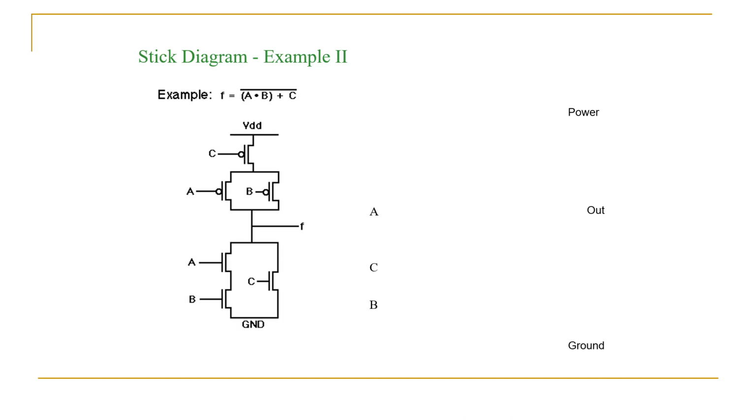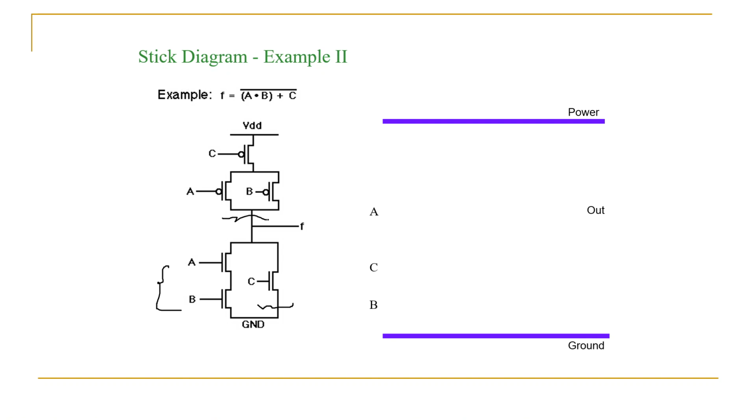Now another example is A dot B plus C. So now you know the realization. A dot B means A and B are connected in series in the N MOSFET, and plus C means the C gate for N MOS is connected in parallel with A and B. Similarly, if you come back to your P MOSFET, for the reverse case, P MOSFET A and B are connected in parallel and this is connected in series with C, and from here you are taking your output.